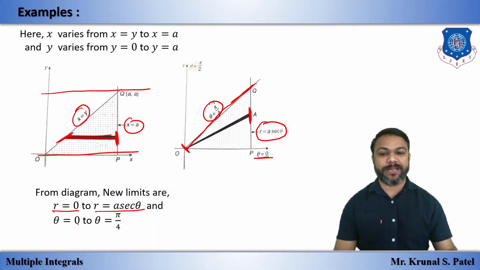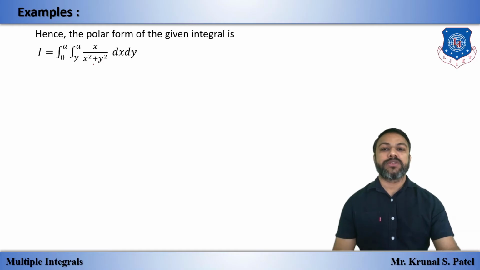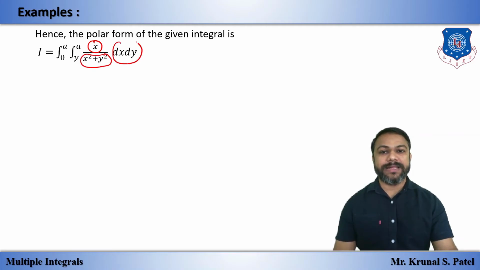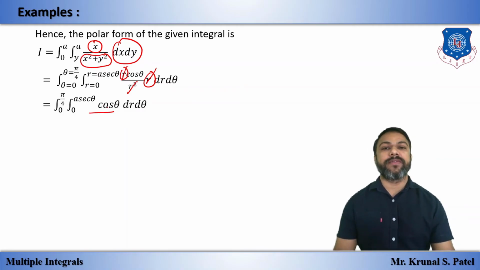Okay, so we have the theta limit and the r limit. Easy, we just have to replace in the given integral. So the given integration becomes r cos theta, x squared plus y squared is r squared, and dx dy becomes r dr d theta. So this r into r squared cancels out with this here. So the remaining part is this, and now we will integrate first with respect to r.